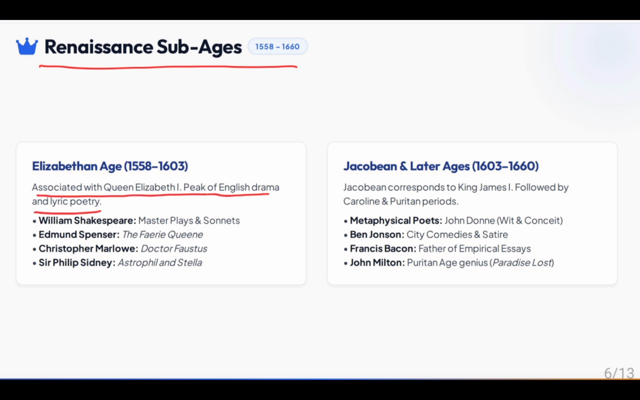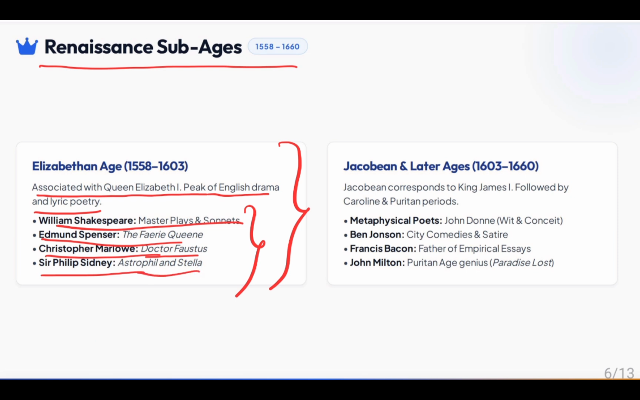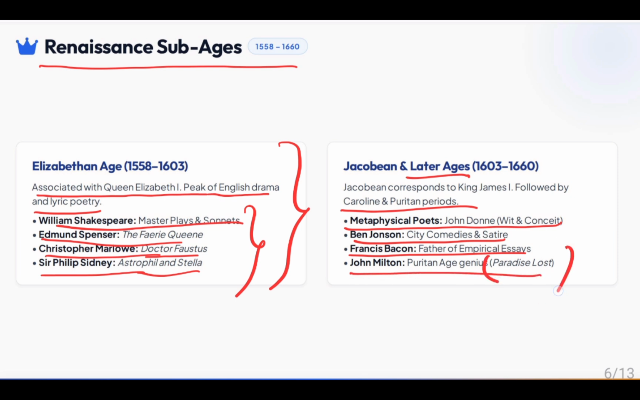of English drama and lyrical poetry. In the Elizabethan age, prominent writers are William Shakespeare, Edmund Spenser, Christopher Marlowe, Philip Sidney, and these are their famous works. We will study these works also. So Jacobean and later is followed by Caroline and Puritan. We have studied this in the previous slide. So metaphysical poets, Ben Jonson, Francis Bacon, John Milton. He is famous for his Paradise Lost, and we will also cover this later